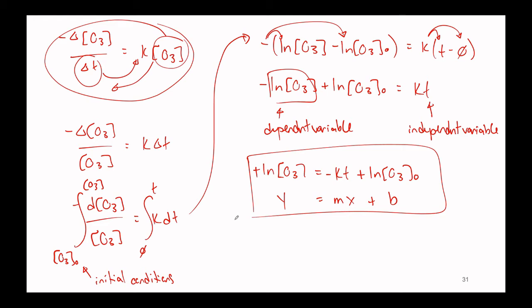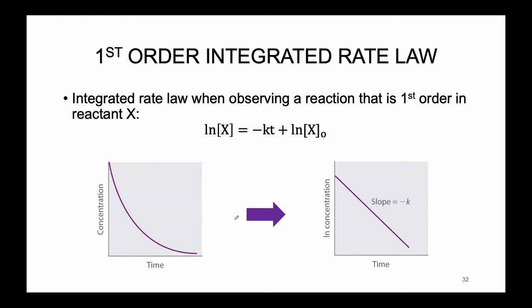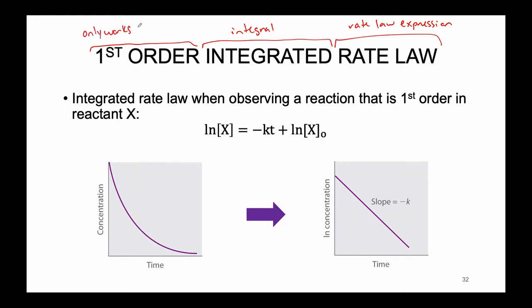Now this equation, to move forward in our lecture, is known as the first order integrated rate law. Rate law, coming from our rate law expression portion of the equation; integrated, because we took an integral to find this equation, to find this linear relationship between concentration and time; and first order, because this equation only works for first order